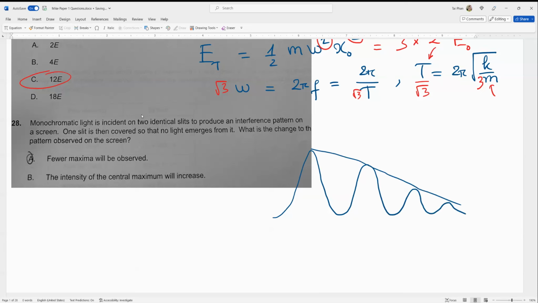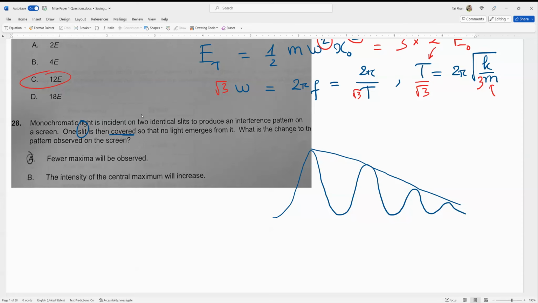Anyway, the point is when one slit is covered, the intensity of light passing through only one slit is lower than the intensity when we use the two slits, because with two slits we have more area, more way for the light to pass through, and therefore the resultant pattern will have greater